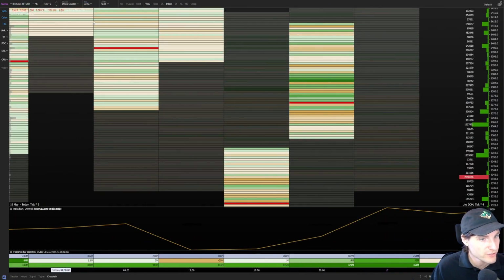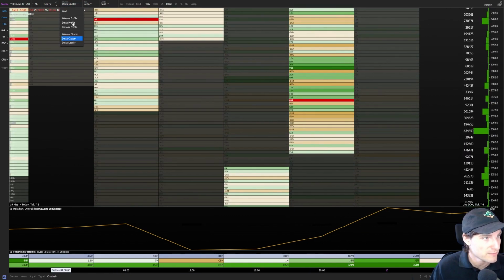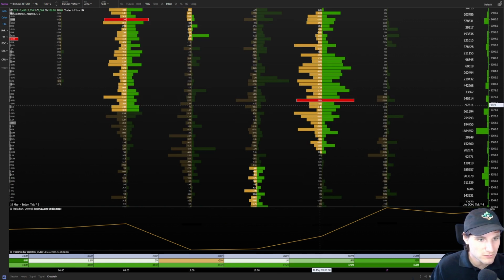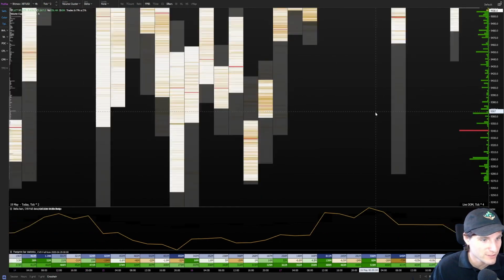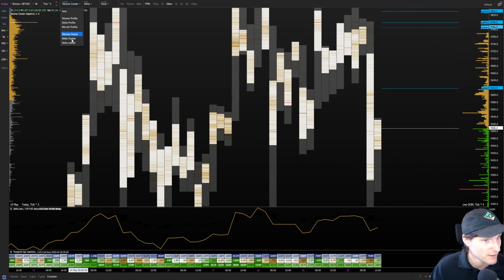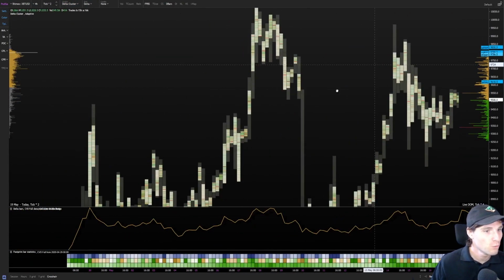So you will want to put your text on delta, and then you can zoom in here. So it's not overly massive. If we put this on the bid-ask profile, well actually it's not massive. I'm trying to find a really quick example for you, but essentially what you would be looking for